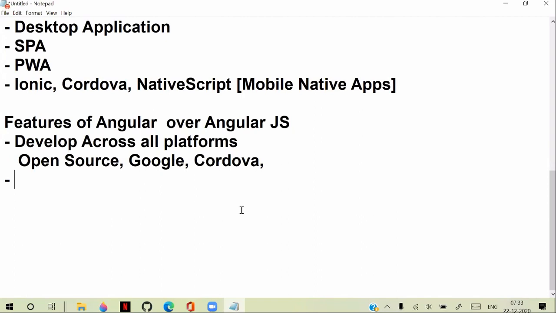It uses frameworks like Cordova, like NativeScript, and with the help of these frameworks,